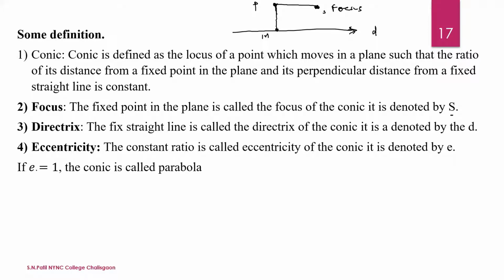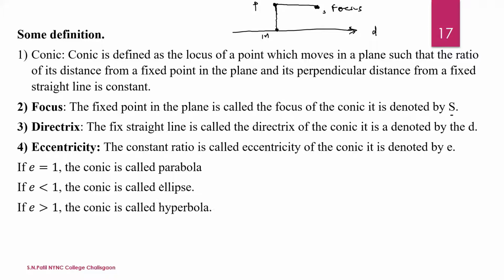Now compare this E with 1. If the value of E is equal to 1, the conic is called a parabola. If the value of E is less than 1, the conic is called an ellipse. If greater than 1, the conic is called a hyperbola. Okay. Now let us prove